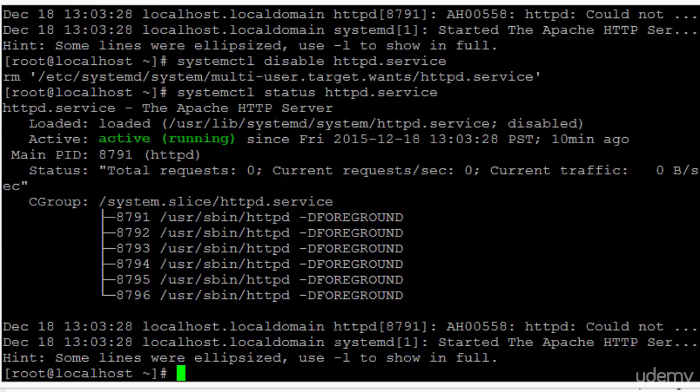and press enter. As you see, the Apache web service is disabled, and by that we get to the end